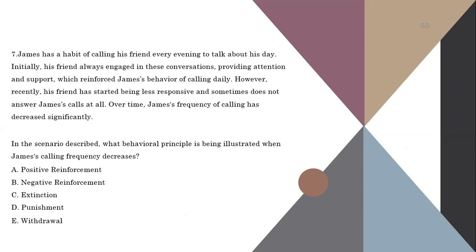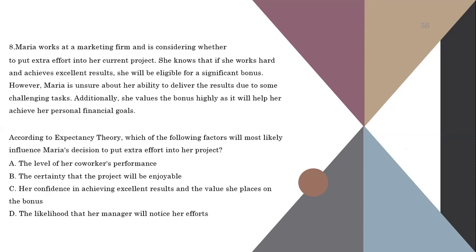In the scenario described, what behavioral principle is being illustrated when James's calls have decreased? A, positive reinforcement. B, negative reinforcement. C, extinction. D, punishment. E, withdrawal. Answer is C. 8. Maria works at a marketing firm and is considering whether to put extra effort into her